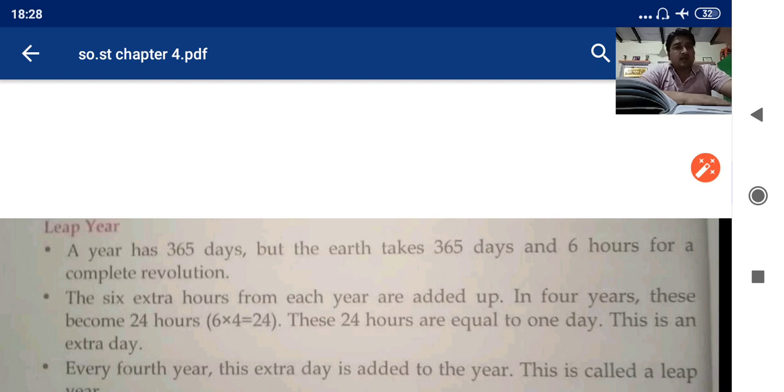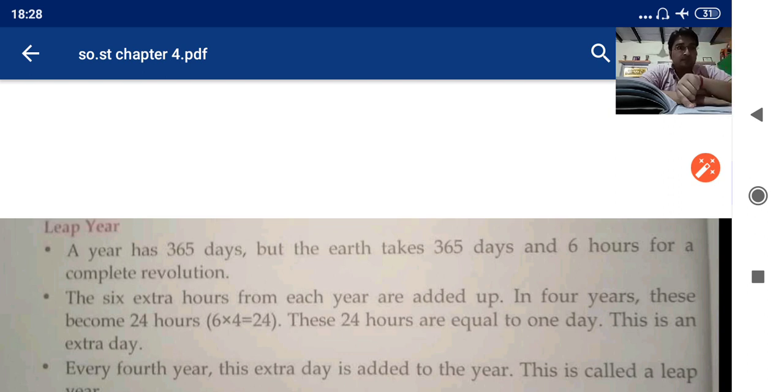Now these 6 extra hours from each year add up over the next 3 years. 1 year, 6 hours, then 3 more, that means it is 4 years. This becomes 24 hours. Why? 6 into 4 is 24. And we know 1 day is equal to how many hours? 24 hours. And that means an extra day is added in that year, when the 4th